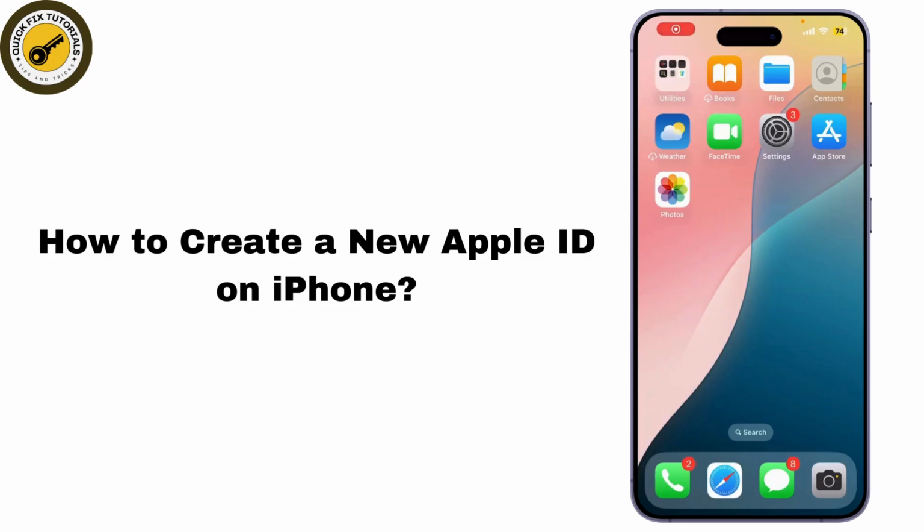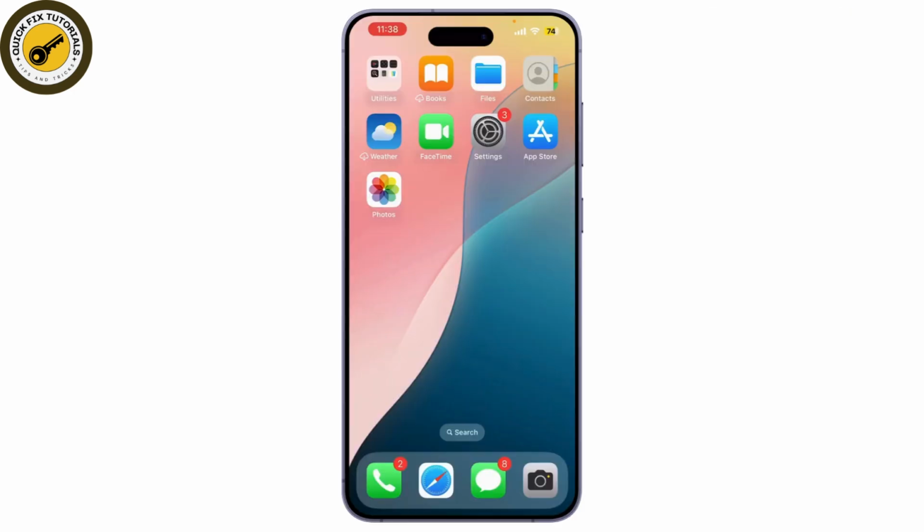How to create a new Apple ID on iPhone. If you're setting up a new iPhone or just need to create a brand new Apple ID, today I'm going to show you how to do it in just a few simple steps. So let's get started. First, grab your iPhone